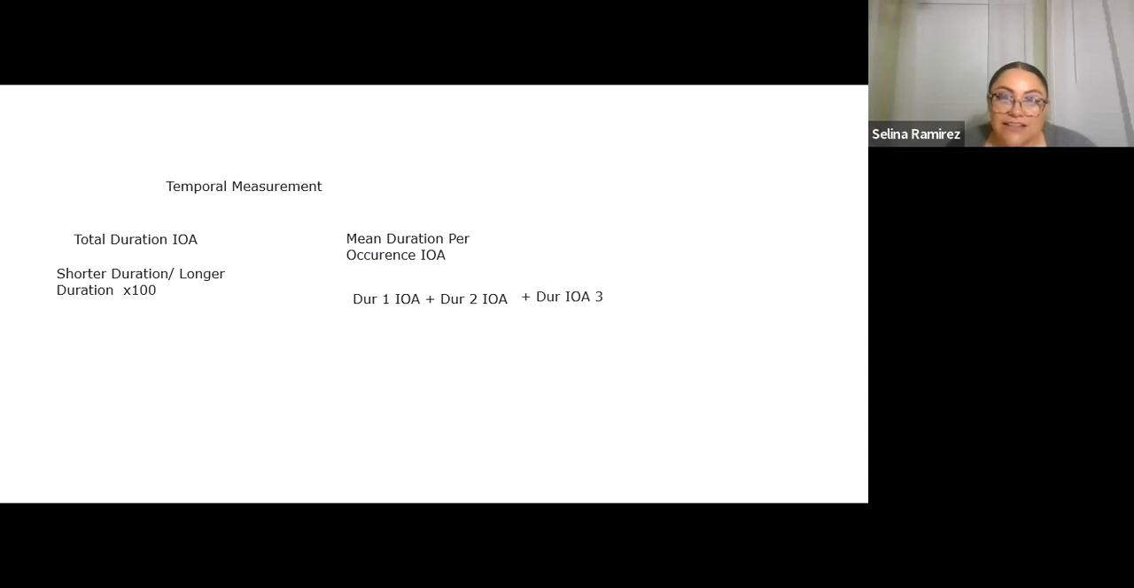Okay, so let's say you observed for 3 intervals. So now you're going to add up all of those totals, and then you're going to put them over